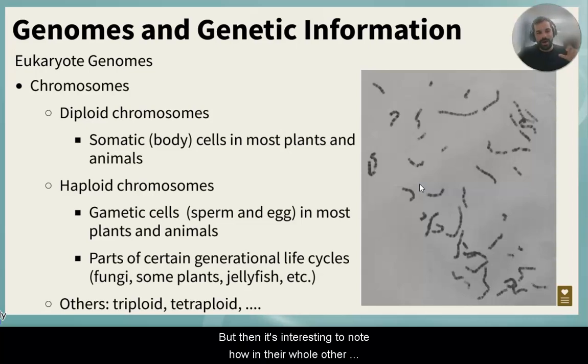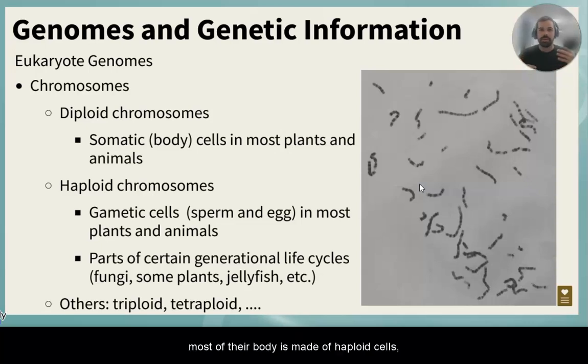But it's interesting to note how there are whole other organisms, including some plants and a lot of fungi and things like jellyfish, where they go through a whole stage of their life where most of their body is made up of haploid cells, where they don't have the sets of chromosomes from both parents. They don't have diploid chromosomes. And then there are whole other organisms, especially a lot of plants. You can get tetraploid. You're not having a pair in this case, you're having sets of 3, sets of 4, sets of 5, sets of 6. You can have triploid, tetraploid,